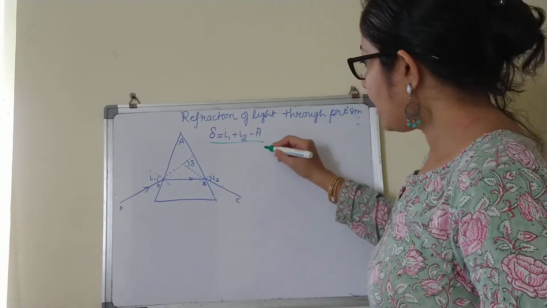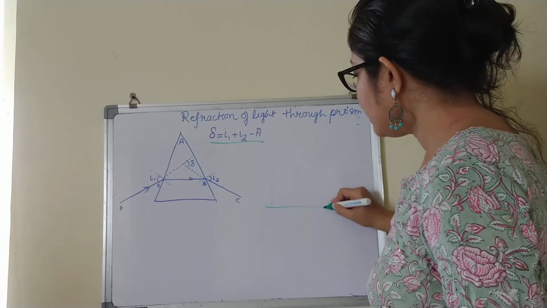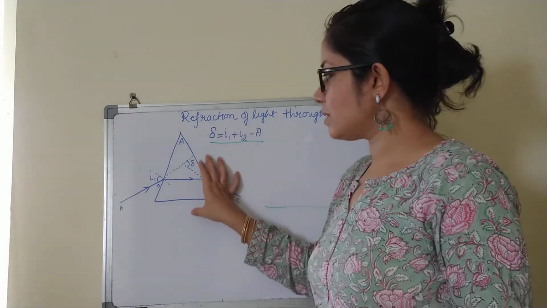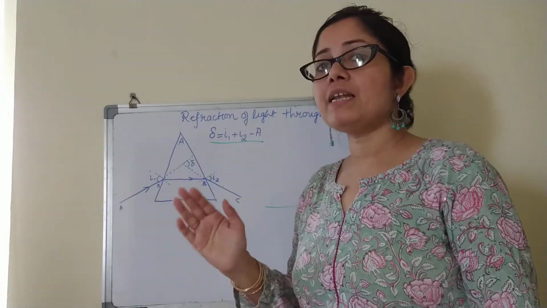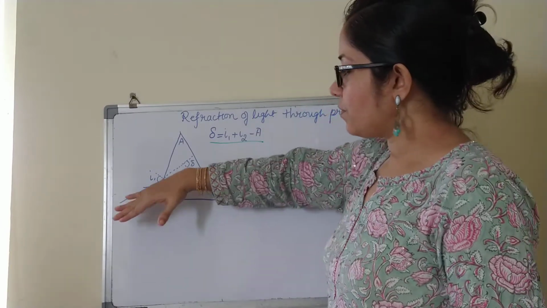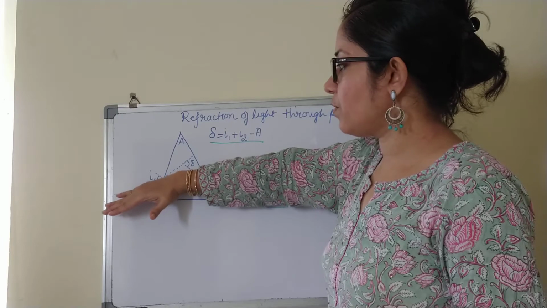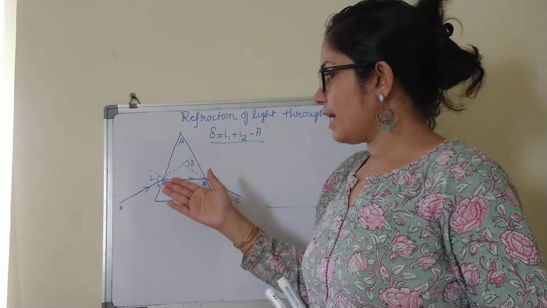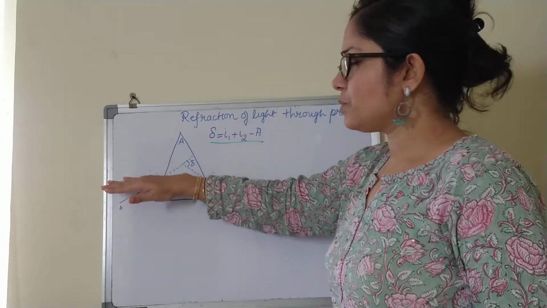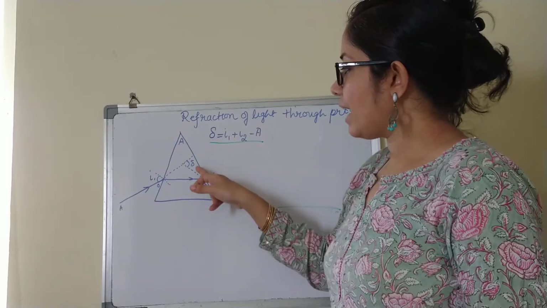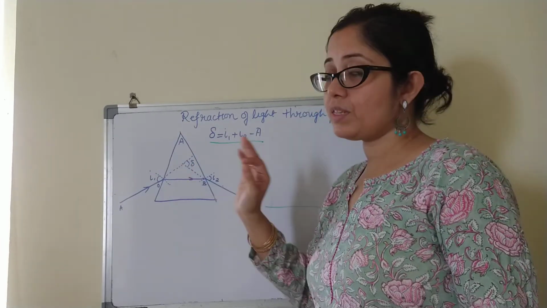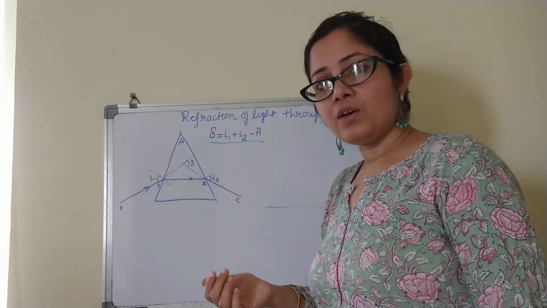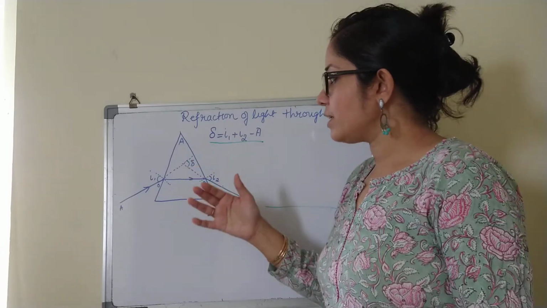Now here if I draw a graph, this graph is based on repeated experiments. With this prism and with the light, they have made a number of experiments, where the ray of light has been focused on the prism from various angles. First, whatever the angle of incidence is, suppose it's 30 degrees, accordingly an angle of deviation also comes. So that is noted. Then they have changed the angle of incidence, say to 40 degrees.